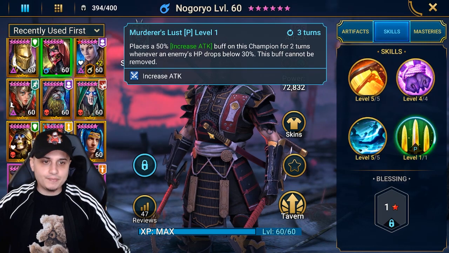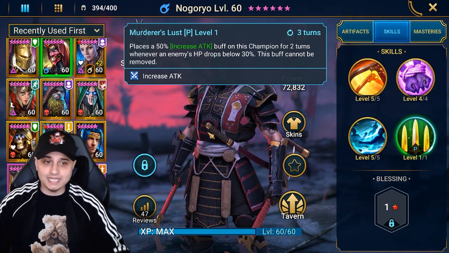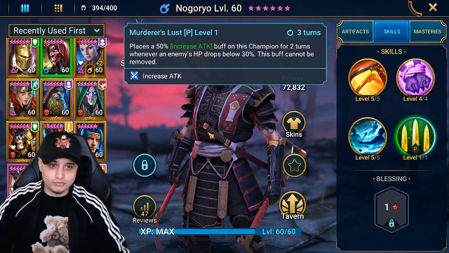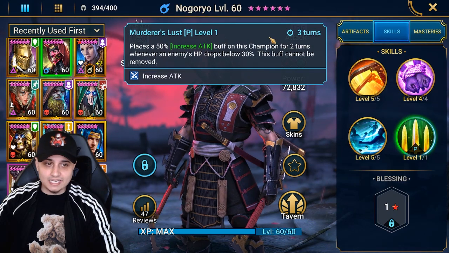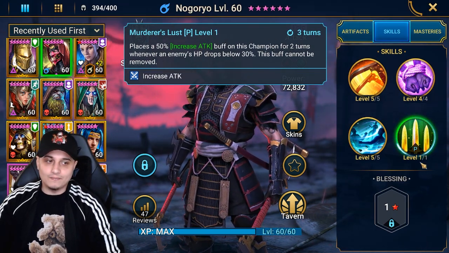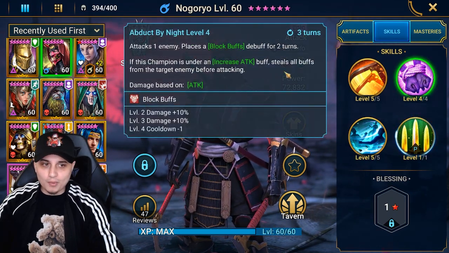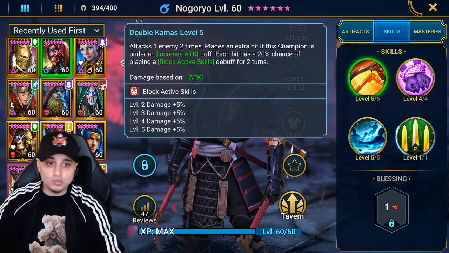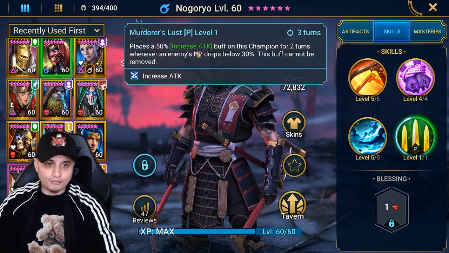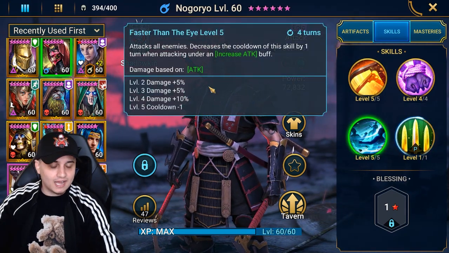So it places a 50% increased attack buff on this champion for 2 turns whenever an enemy's HP drops below 30%, and this buff cannot be removed. So I like this, but it's on a 3 turn cooldown. I think if this had no cooldown, it would be really consistent, but as long as you can open up with another ability, maybe an A2 or an A1, put that self increase attack on himself through this one,